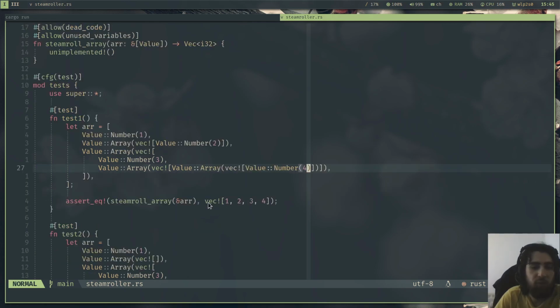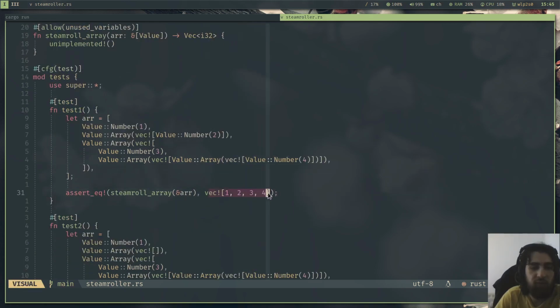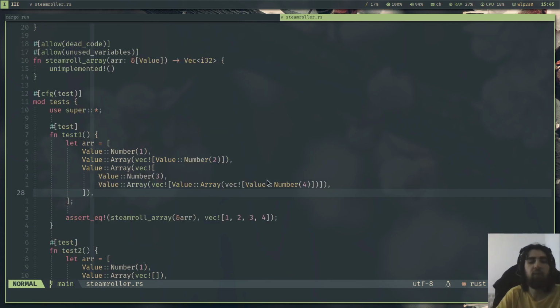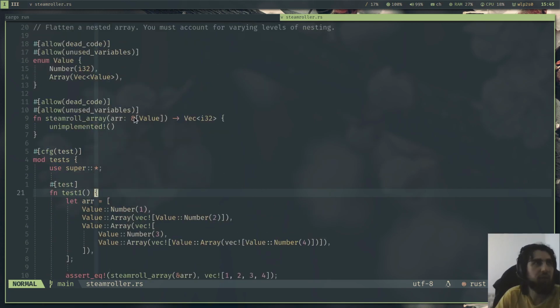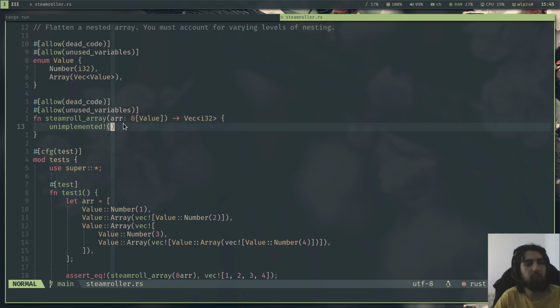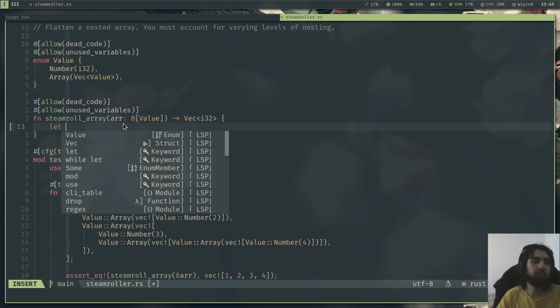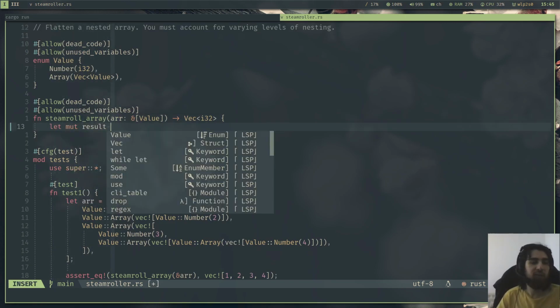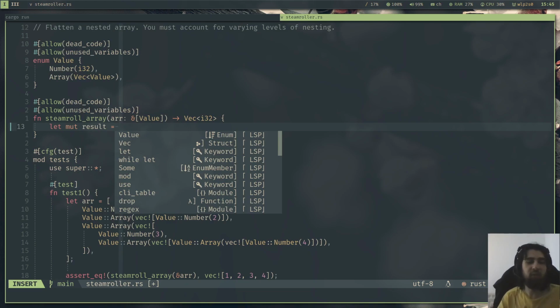What we want to have in the end is just one single flattened vector. So actually this exercise, not that necessary, you have in Rust the flatten function, so this will do it automatically for you. You don't have to worry about that, but just for